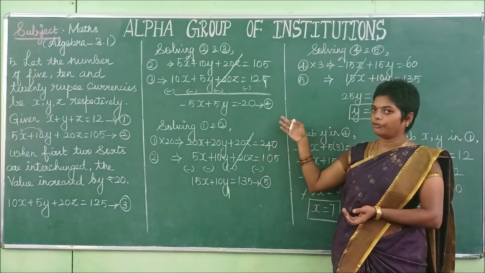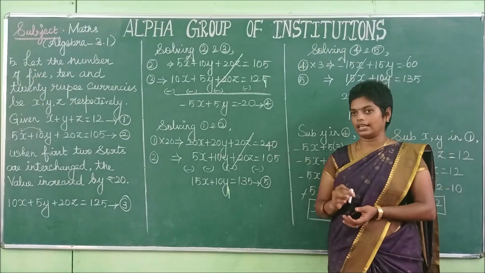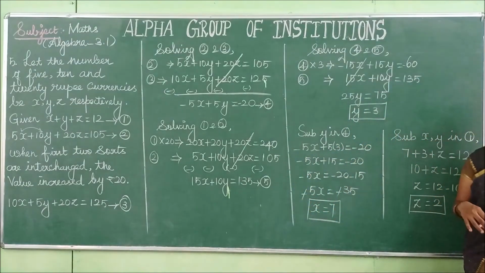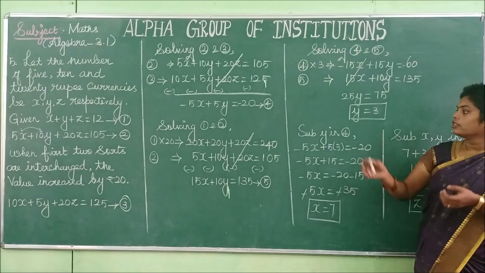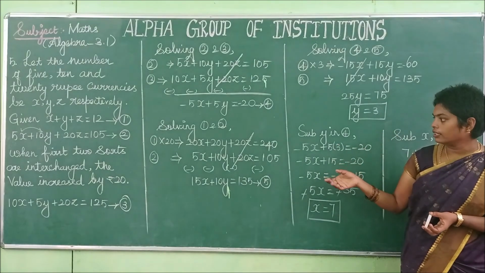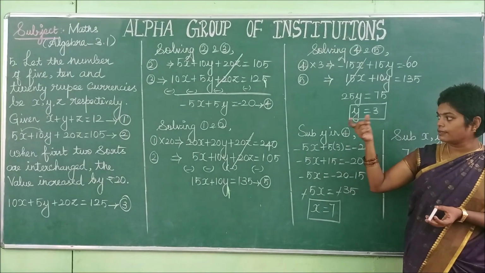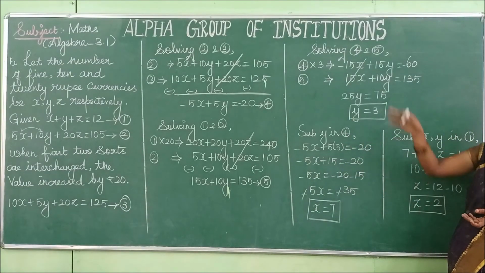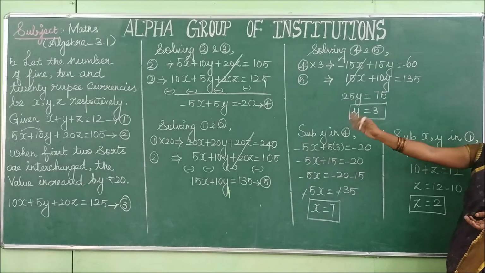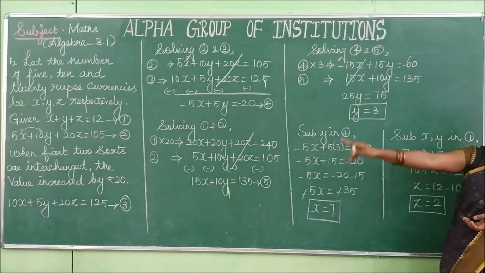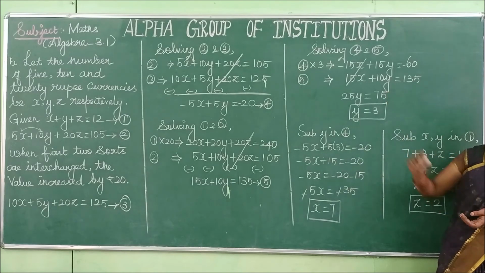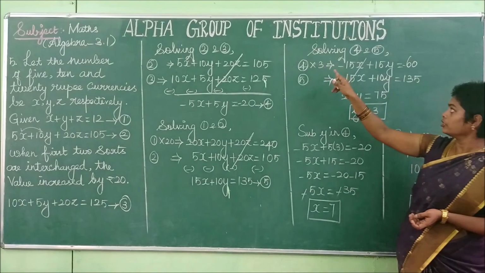Now you can check the fourth and fifth equation. Both contain x and y variables. Solving those two equations, you can get either the x value or the y value. Then listen. Comparing the two equations, the x coefficient is 5 here and 15 there, and the y coefficient is 5 here and 10 there. So you have to solve for x first. To cancel the x, you have to multiply the fourth equation throughout by 3.